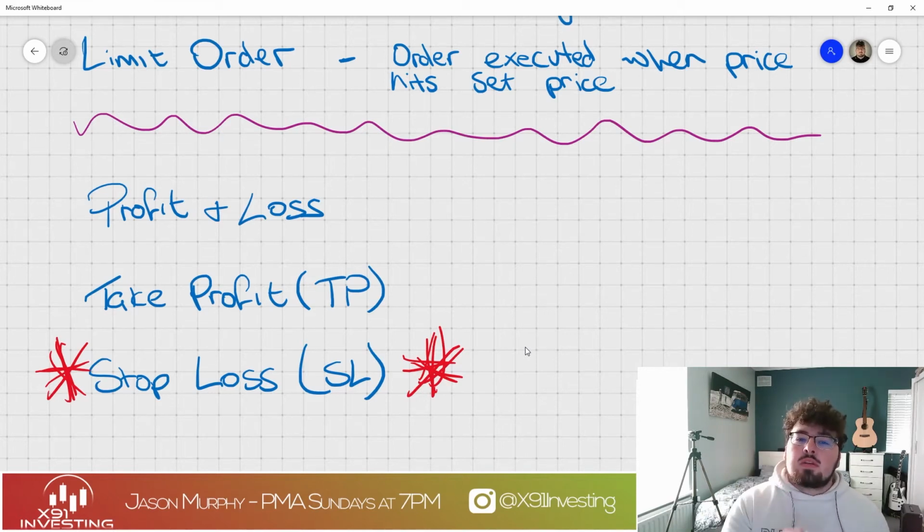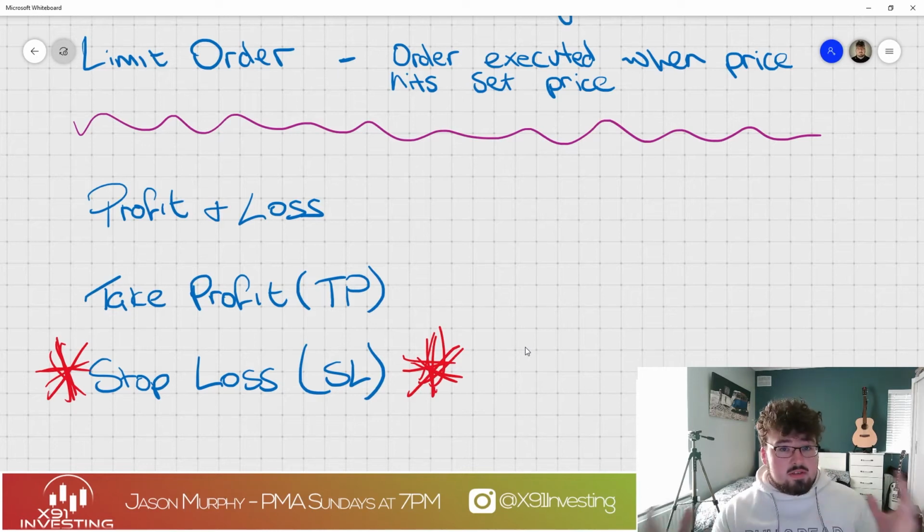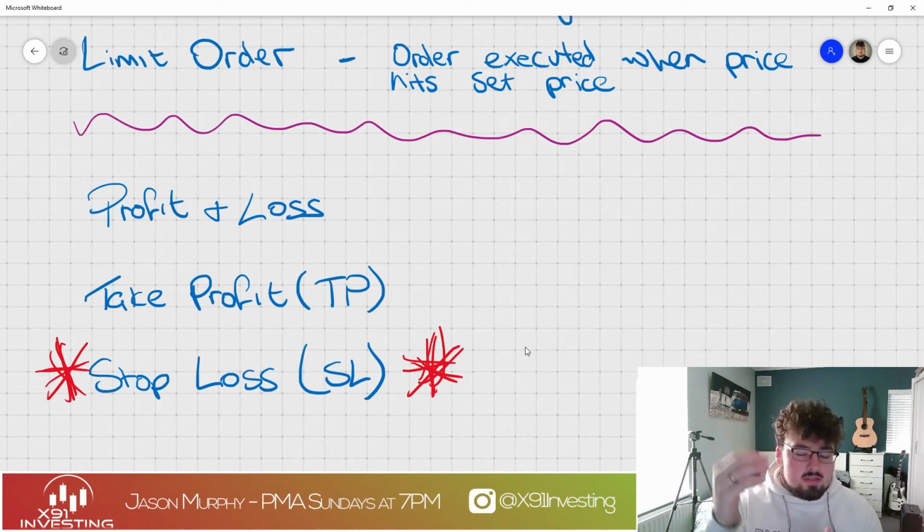Why? Because when you determine your position size, you need to know where your stop loss is, right? Your stop loss determines your lot size, and the amount you can lose is based off of the size of your account. If you have a €5,000 account, you risk 2%, which is a nice risk to reward on risking 2% per trade. 5,000, that's €100 on one position. So if you have a stop loss set to 20 pips to lose you €100,